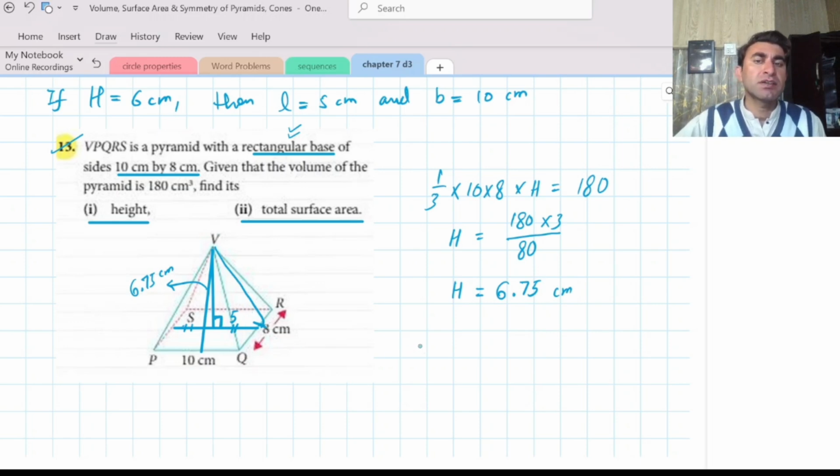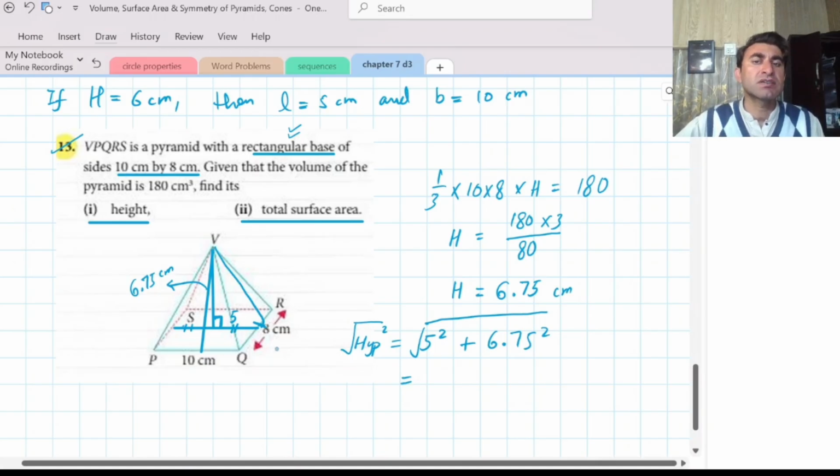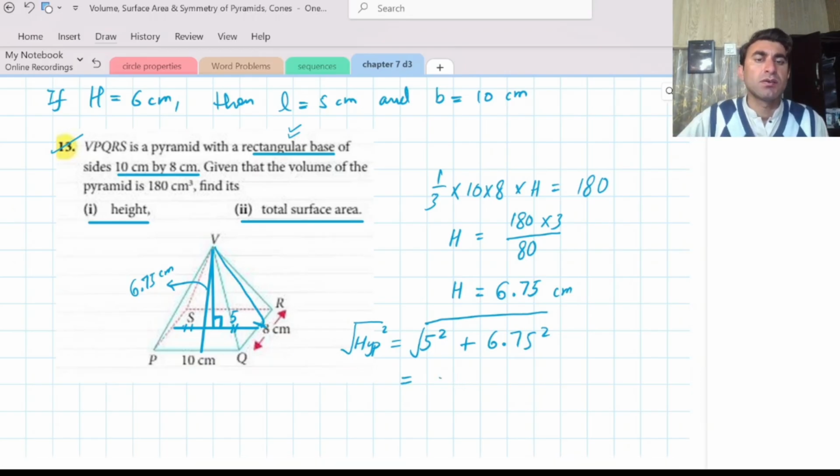So it will become 5 square plus 6.75 square. That will be the square of its hypotenuse. And as we need the value of hypotenuse, so just square root both sides, and this will be one of the slant heights. So with the help of a calculator, it becomes